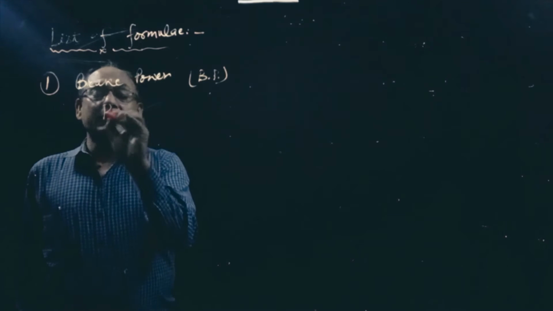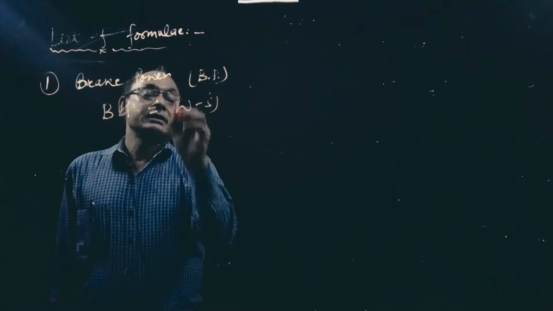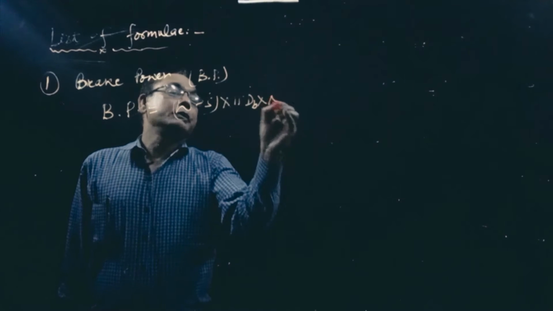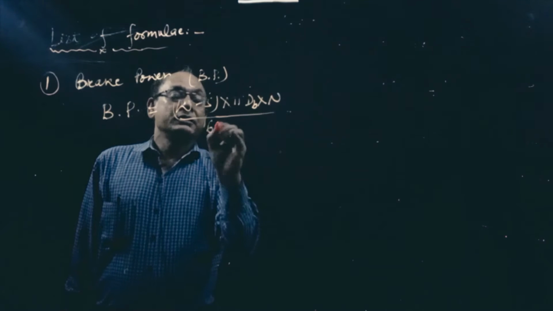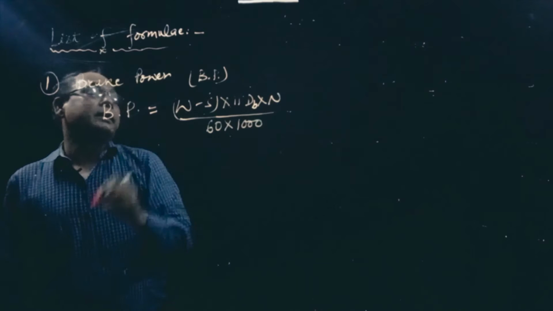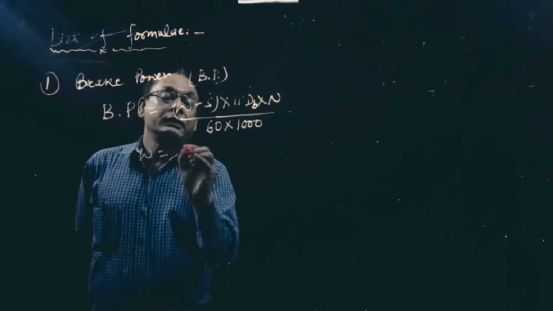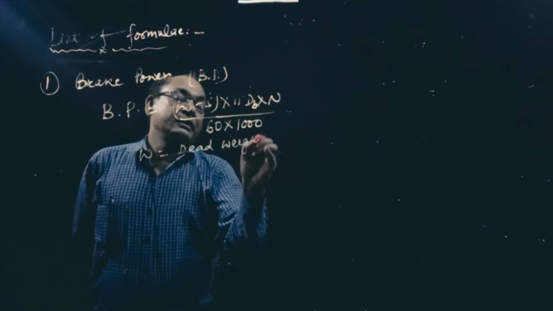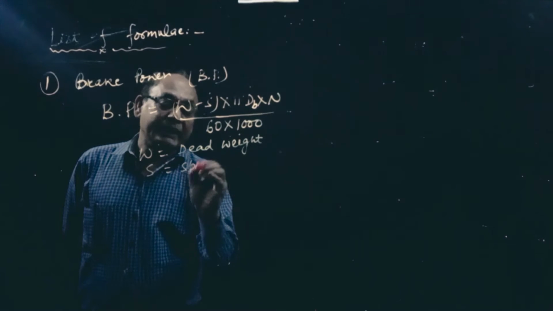So brake power BP will be (W minus S) into pi d brake into N divided by 60 into 1000, where I will write the notations. This W is dead weight, that is, S is the spring balance reading,